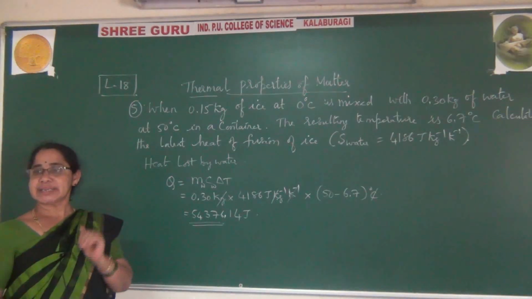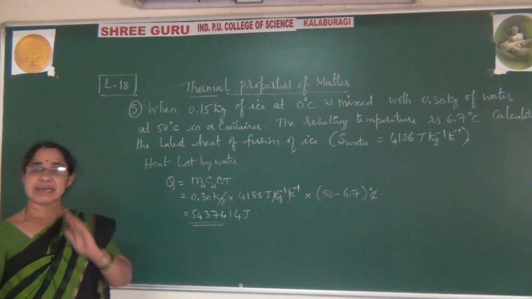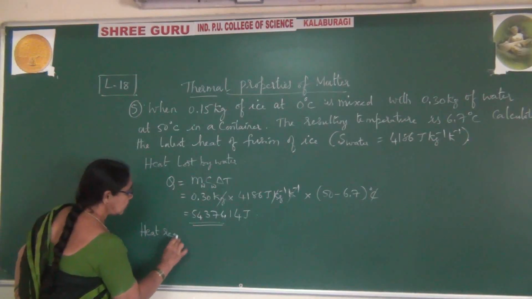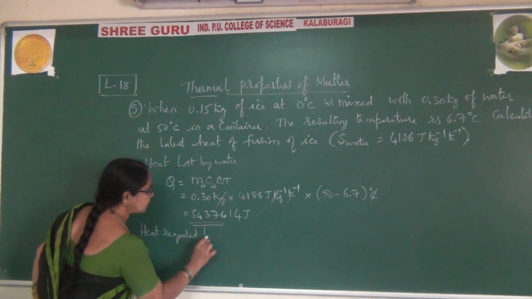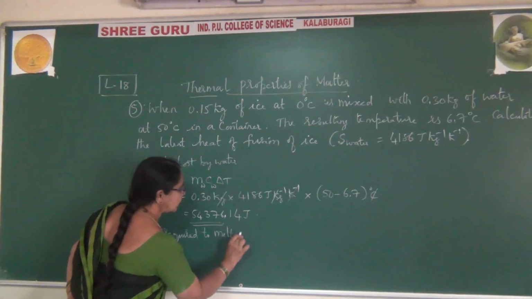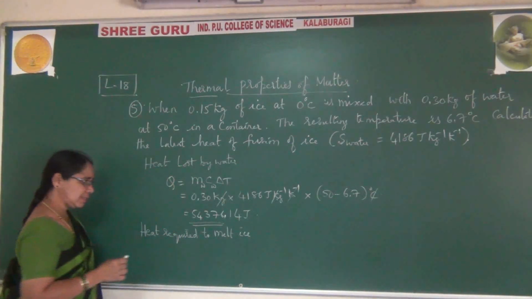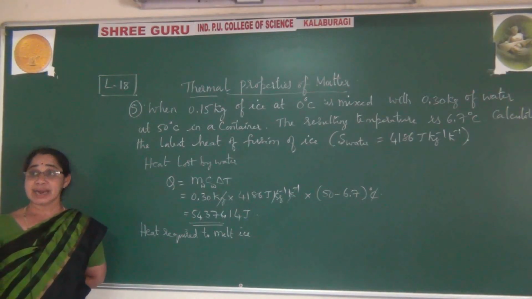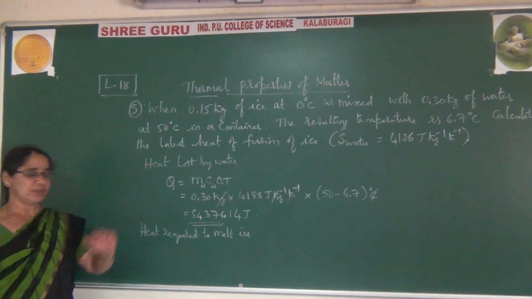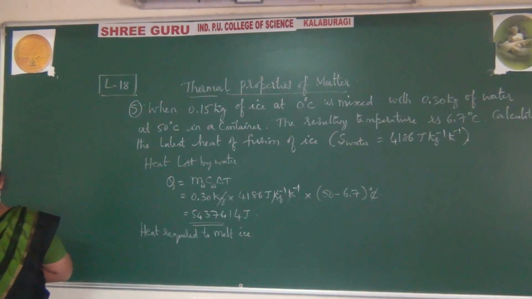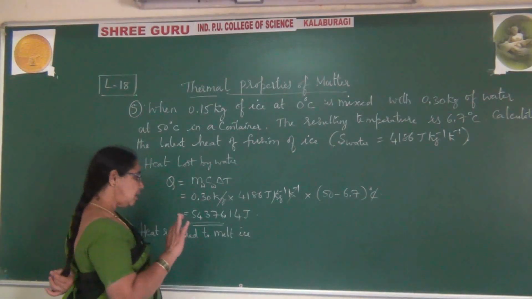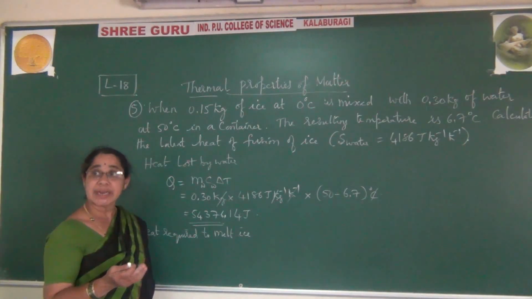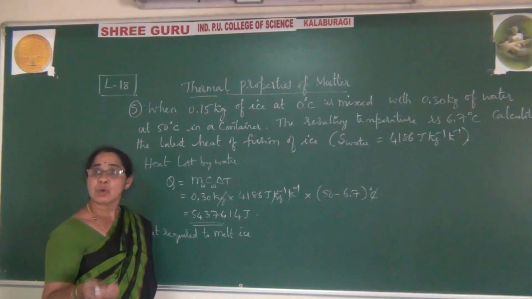Now, heat gain. What is that heat gain? Heat required to melt ice. So let me write: heat required to melt ice. Whatever heat we are supplying, that is the heat gained, due to which whatever ice is there starts melting. So you can observe here, heat required to melt ice. What is it? Earlier there was ice. That starts melting, which means it changes to liquid, like water.